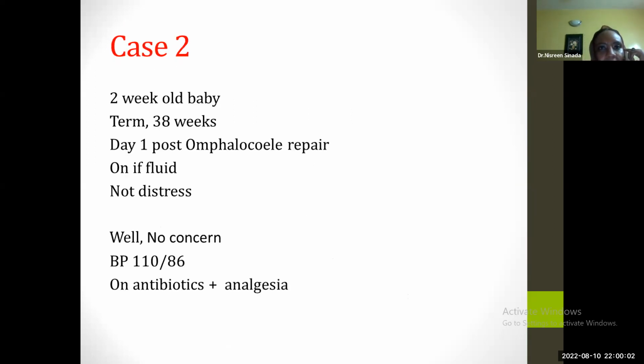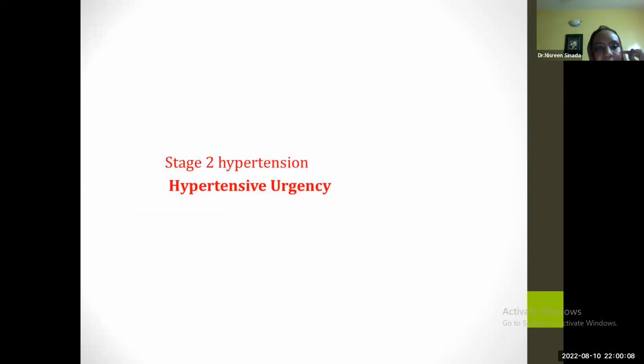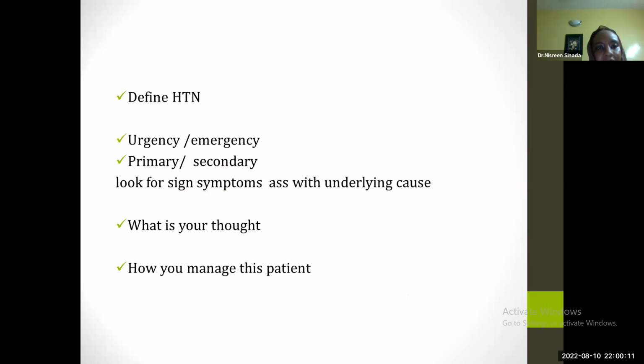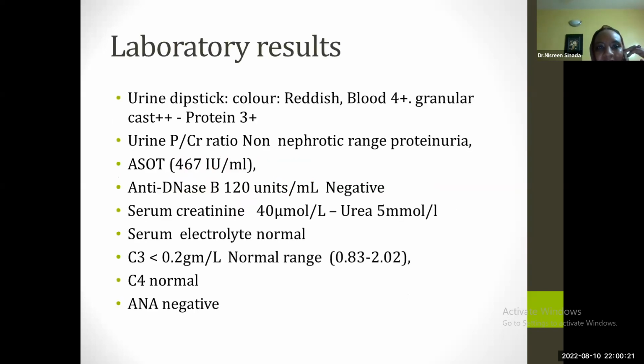We move to case 2. In any case, we need to do the same thing: define the hypertension. Is it stage 1 or stage 2? Is it urgency or emergency, and primary or secondary? And how do you manage